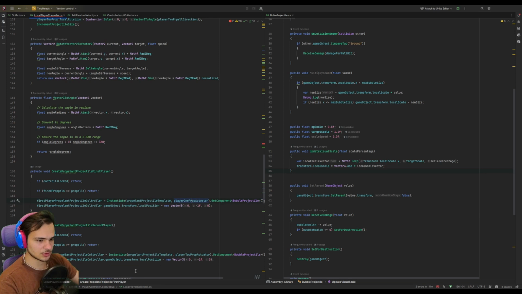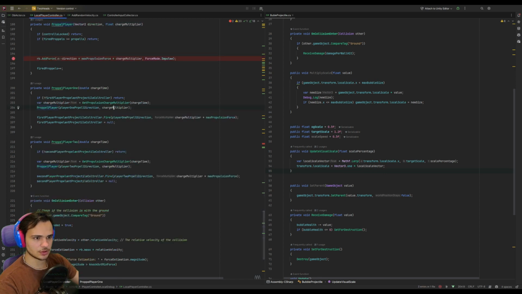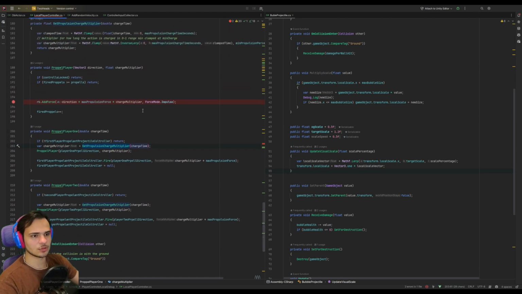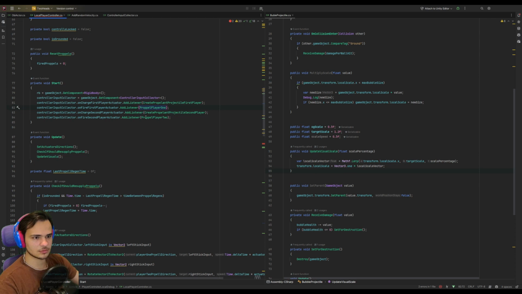Projectile time one per train. Propel player. Add force direction max force charge multiplier. Okay. Where do we get the charge multiplier? Propel charge multiplier is get propulsion charge multiplier multiplied by charge time. Charge time is passed from